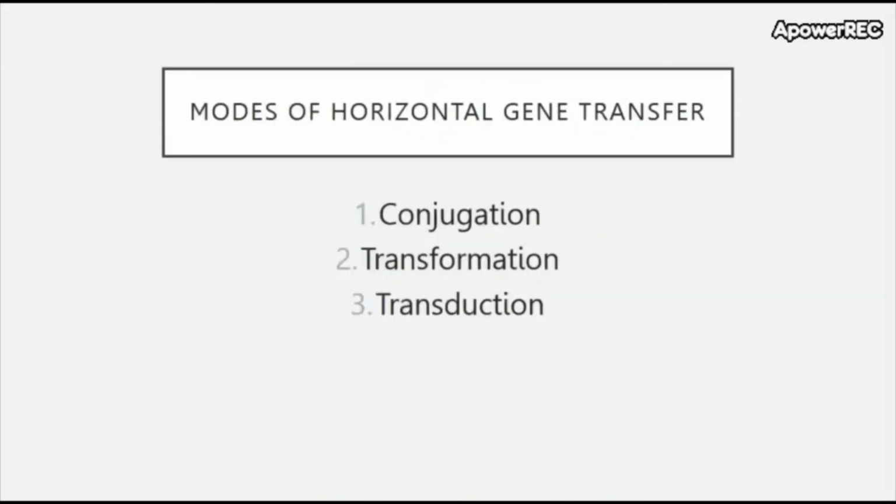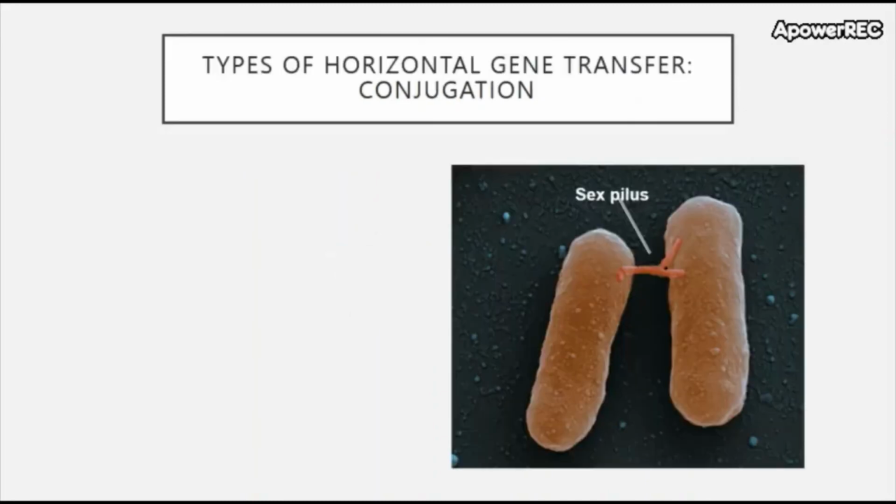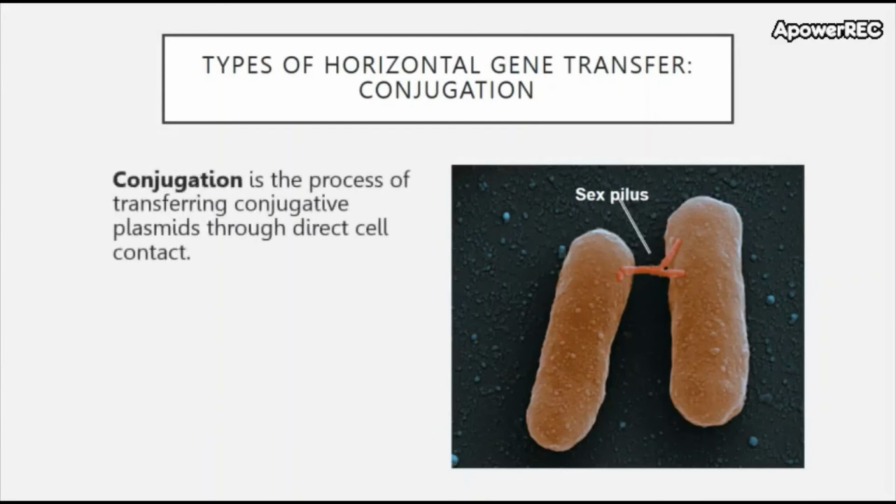There are three modes of horizontal gene transfer. There is conjugation, transformation, and transduction. Conjugation sounds like what it is. You have a process in which conjugative plasmids cause the production of what is known as the sex pilus, which is this tube which connects two